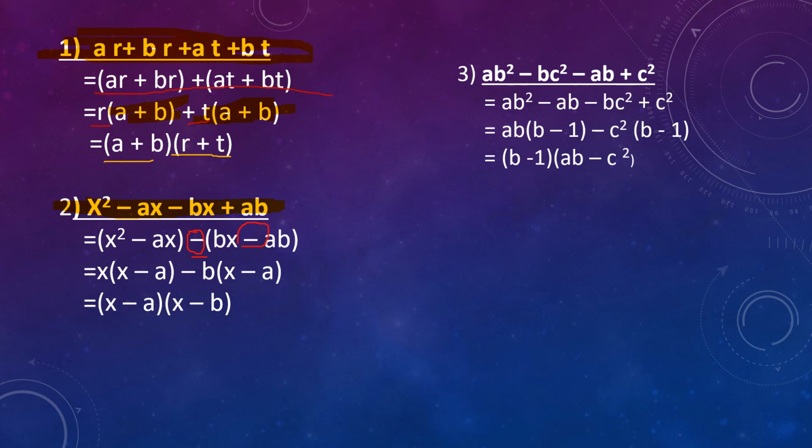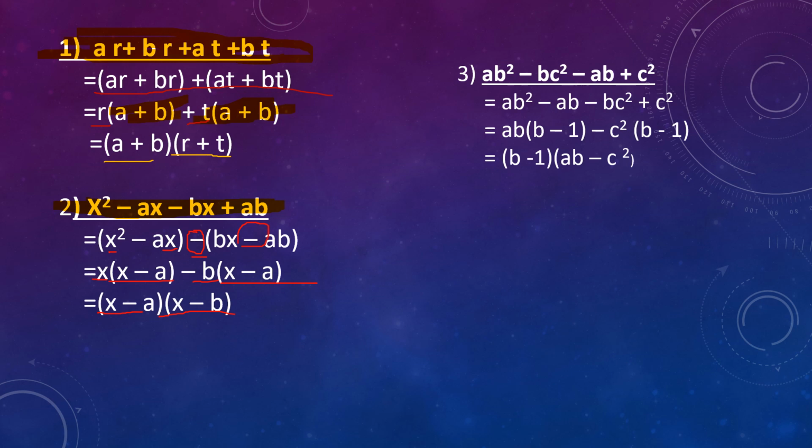Now take common from first bracket. You can see you can take x common. So in bracket you are left x minus a. From second one you can take b common. You are left with x minus a. Now see, in both the places x minus a is same common, term wise as well as sign wise. So you can take x minus a common. So left over is x minus b. I hope you are understanding in what way you have to group the term.